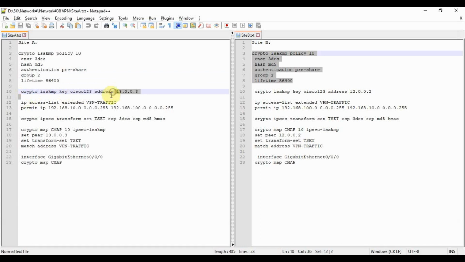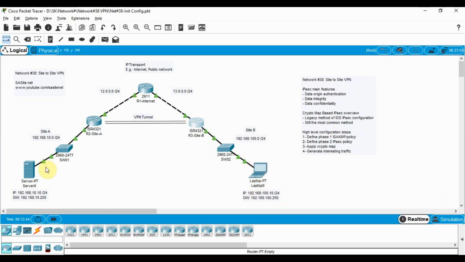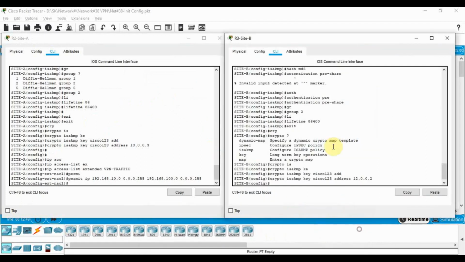So we create, define, and it's time for the IP access list from 192.168.10 to 192.168.100/24. We do the other version. So we're using 192.168.100 to 192.168.10, which is technically from this side of the network to this side of the network. So let's go back to site B and create our IP access list,